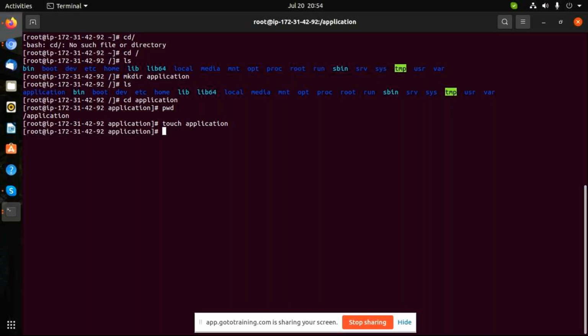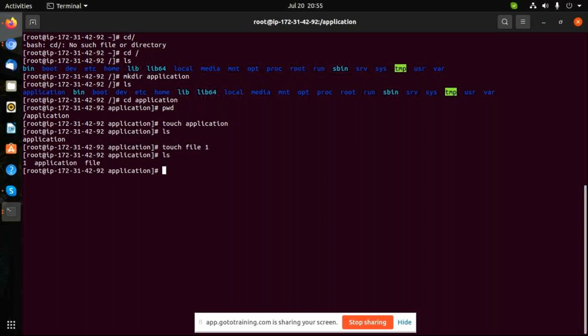Touch file 1. ls will show you whether the file or folder is there or not. So guys, this command is only used to create a file. You created 2 files now. Here we should not give spaces between the names. If you want to create a name called file 1, you should create it without a space. Otherwise you gave 2 files: file and 1 as separate names. So total 3 files you have here.